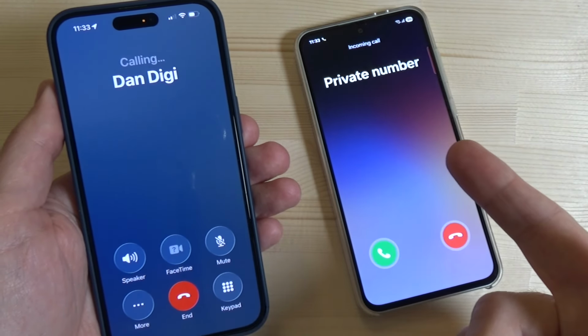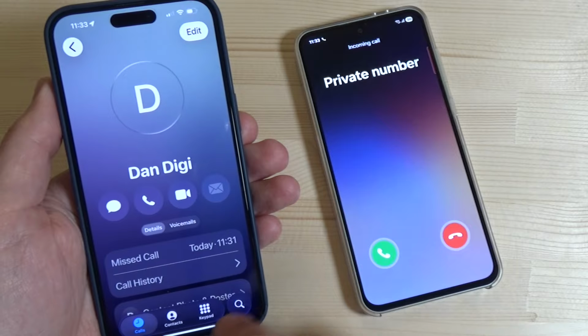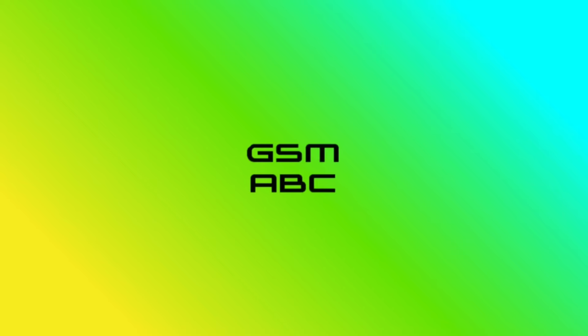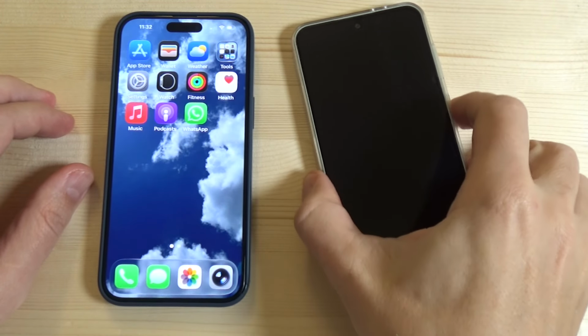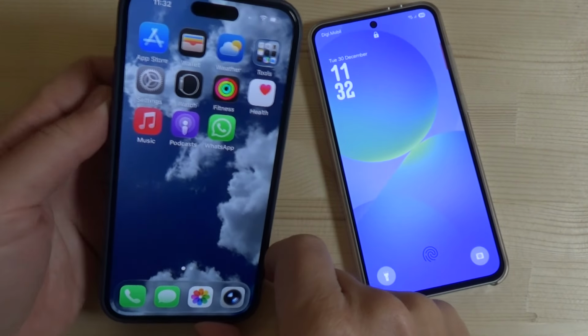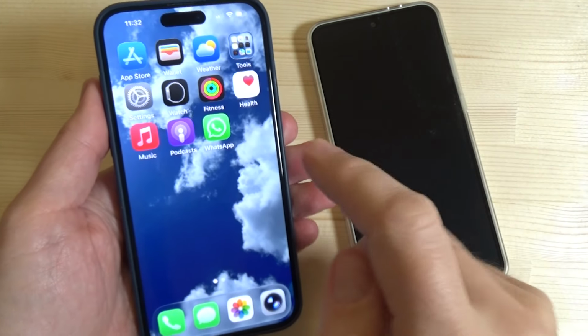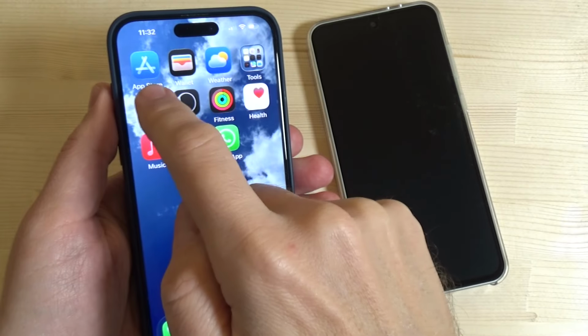In today's video I'm going to show you how to call with a hidden number from an iPhone to another phone. So here I have an iPhone 15 Pro Max and here I have a Samsung. And to call from the iPhone to another phone with a hidden number, you need to go on your